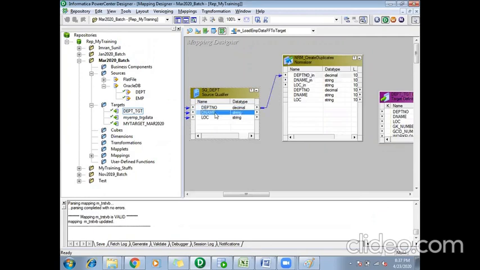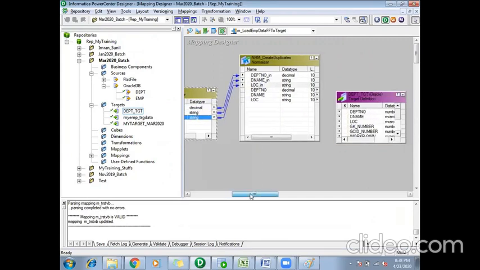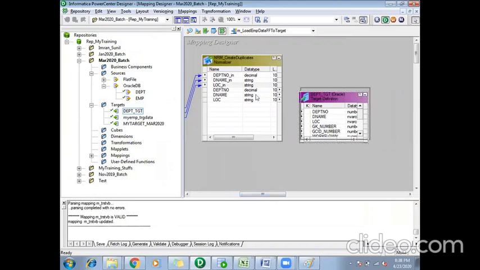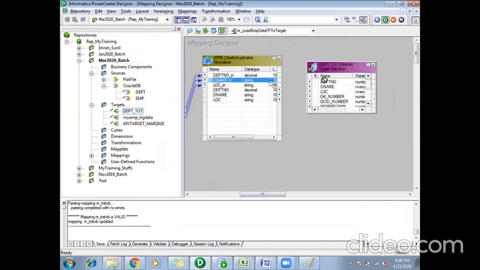From the output ports I will link to my target. I link it, done.